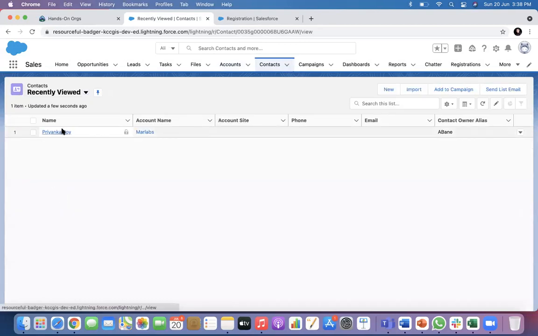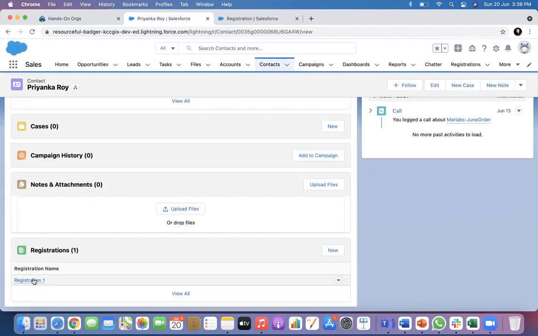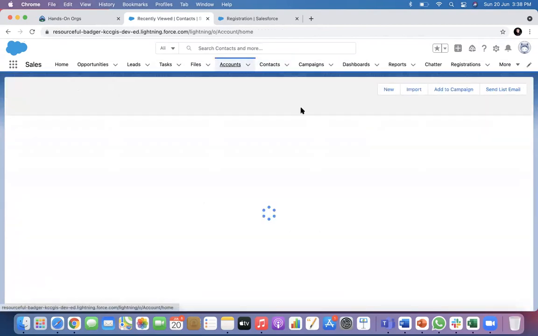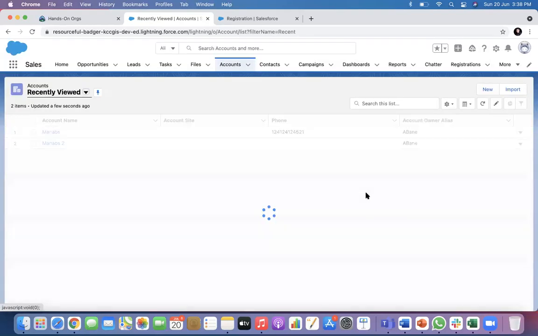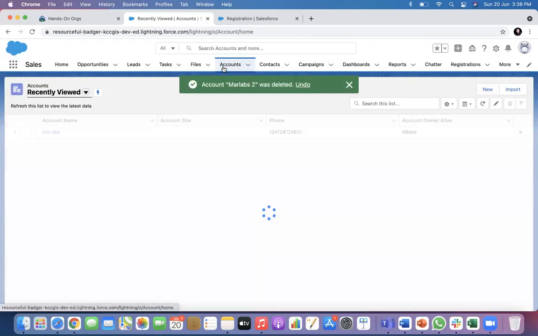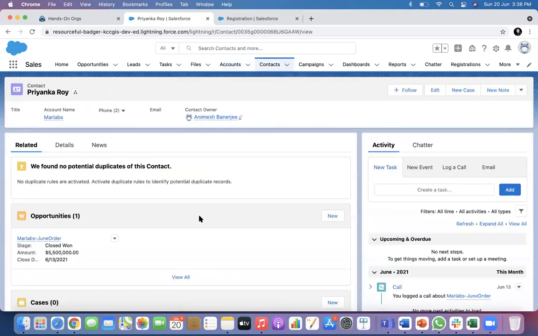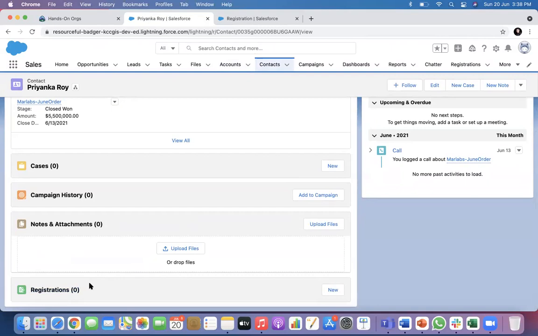If I go to Priyanka Roy, down below in the registration, I am seeing registration 1. Now I go to the account Marlabs 2, I delete. If I go back to my contacts, Priyanka Roy is still there, but the registration is gone.